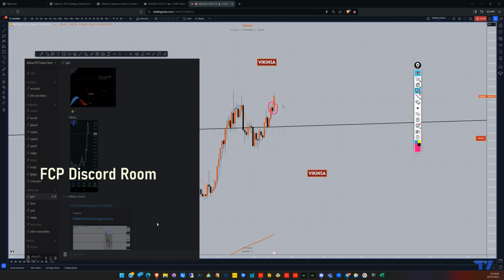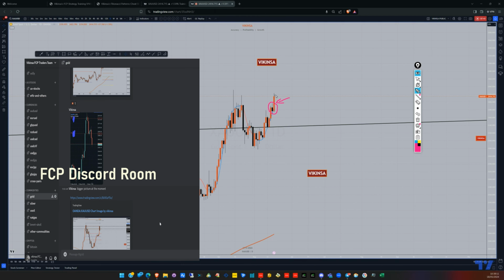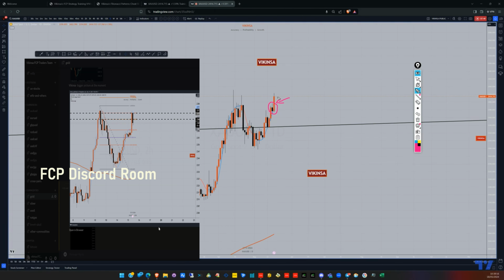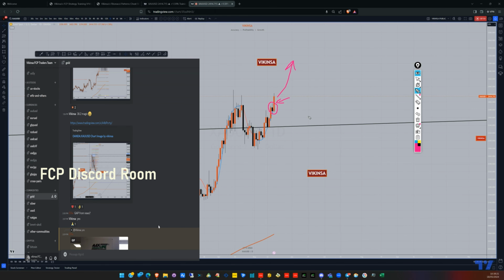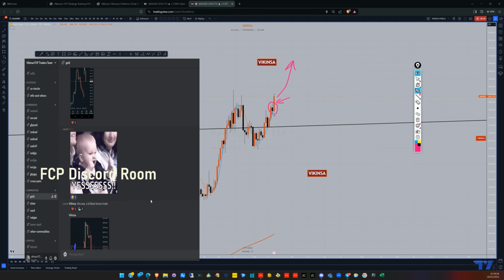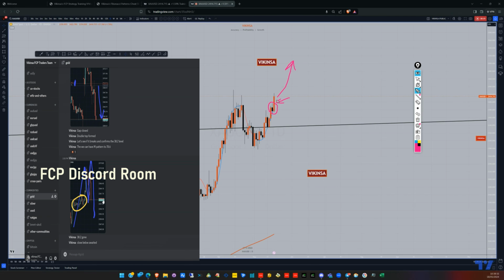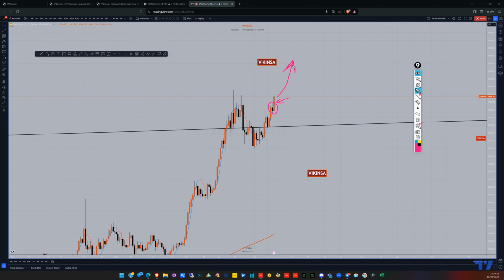And when we have a shallow correction, and after the shallow correction we have momentum like this, it is usually a sign that the market can, there is a possibility, I'm not saying that it is going to happen, but that is usually a possibility that the market will shoot up very high. So that is quite a possibility because of this shallow correction, because the shallow correction followed by a big momentum shows that the market is ready to overcome this, and there were not many sellers left in there. Market is still governed by buyers. So we cannot rule out the possibility of a big move coming right in gold. So that is a possibility.